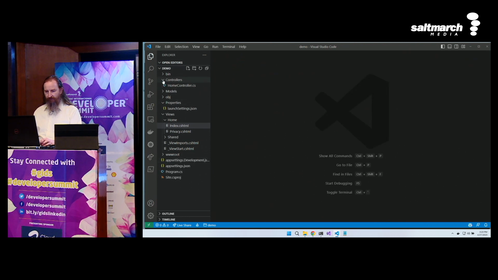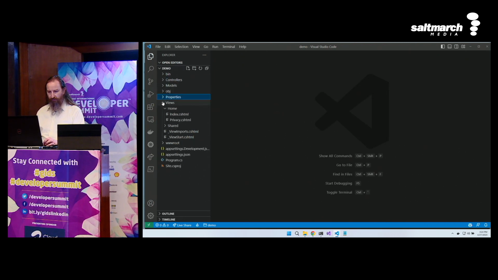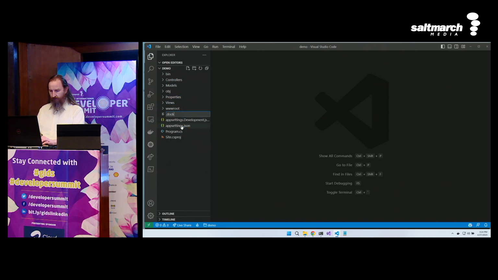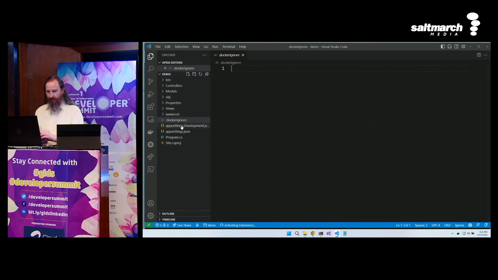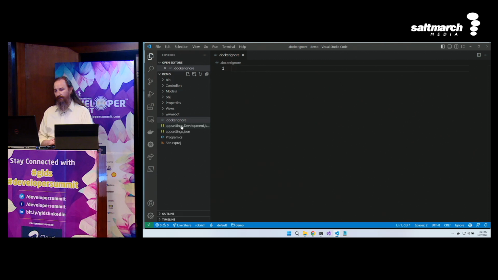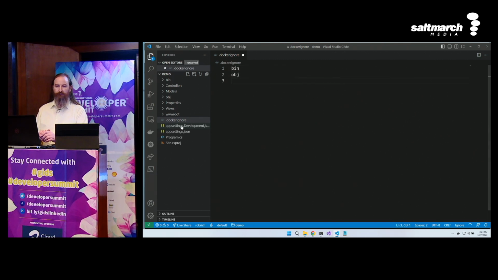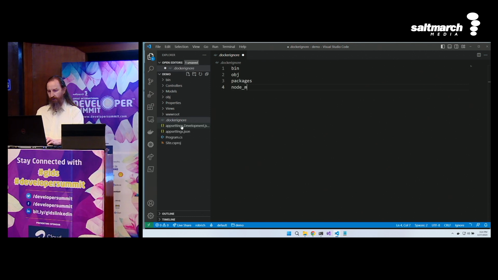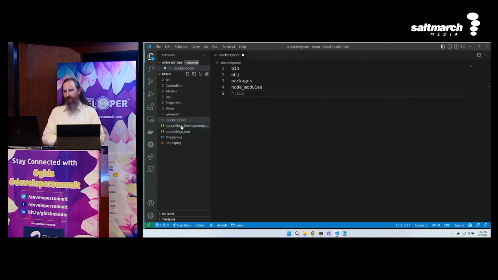Well, the first thing we need to do as we containerize it is to build a Docker ignore file. New file, .dockerignore. Now this Docker ignore file is everything that we don't want in our production container. So I don't want bin and obj, those are both built. I don't want the packages folder. If I'm in a .NET Framework project, I don't want node_modules. If I'm in a node project, I want those things to be built new in this project.